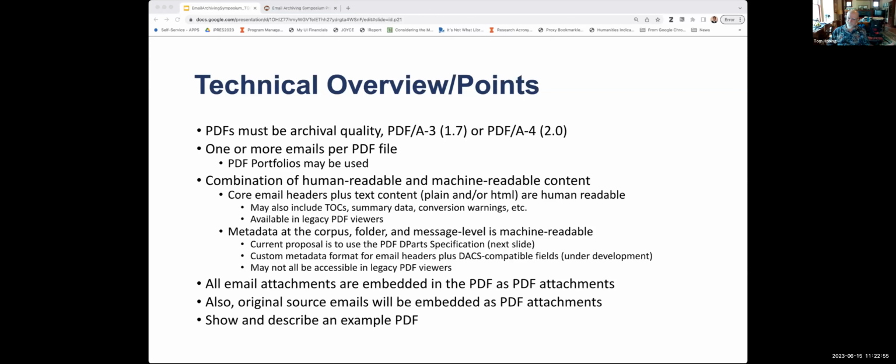And Chris also mentioned that one of our goals with this is to make as much of this accessible as possible in legacy PDF viewers. And I'll give a demo of this very briefly. And kind of going back to this sort of machine or human readable,